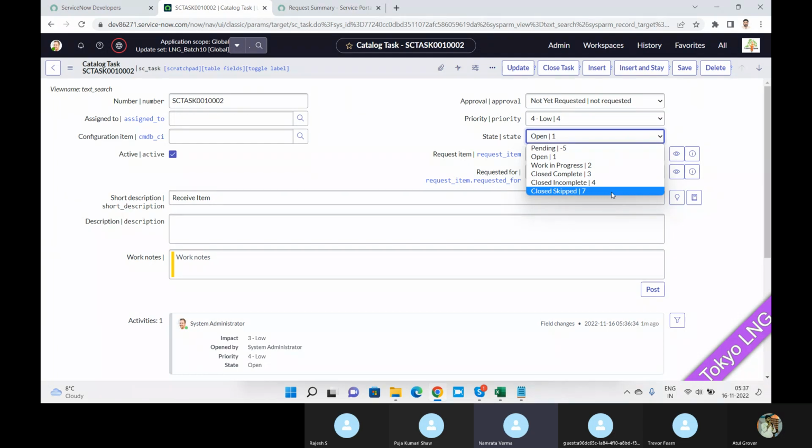Request is incomplete. We cannot fulfill the request. Then what will happen to the request item? That will be closed, like closed incomplete. I mean, sometimes whatever specification was requested, we cannot fulfill it, either by the finance or by the